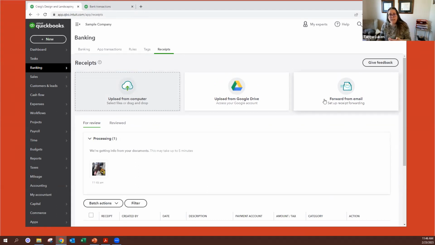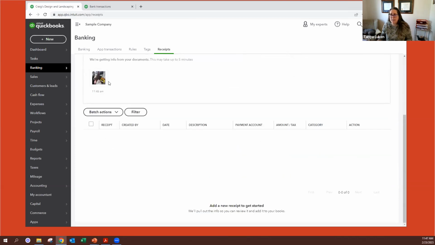You can set up an email address that's specific for QuickBooks, and then you can forward emails, but you have to be a user. So the email that you're forwarding to, you would create like a tanyasbills@intuit.com email. And then when you forward emails, the email address you're forwarding from has to be registered as a user with QuickBooks to make that work. But then what happens is it uploads your documents and then you get to see them here.